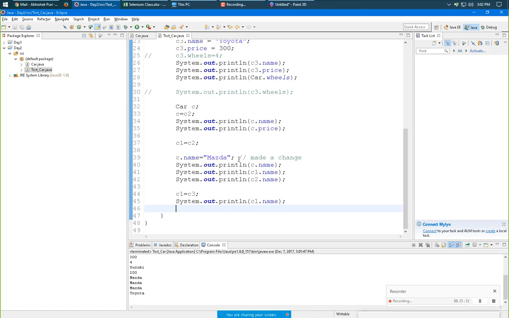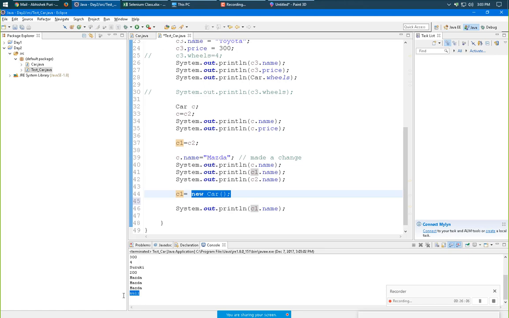If we want to change the object, we can change it. Say right now I used C3's object here. Say C1 is equal to new Car. Now it is having its own object. Right now if I try to execute it, null. See, I did not provide any value to C1 for this particular object, so it responded with null.